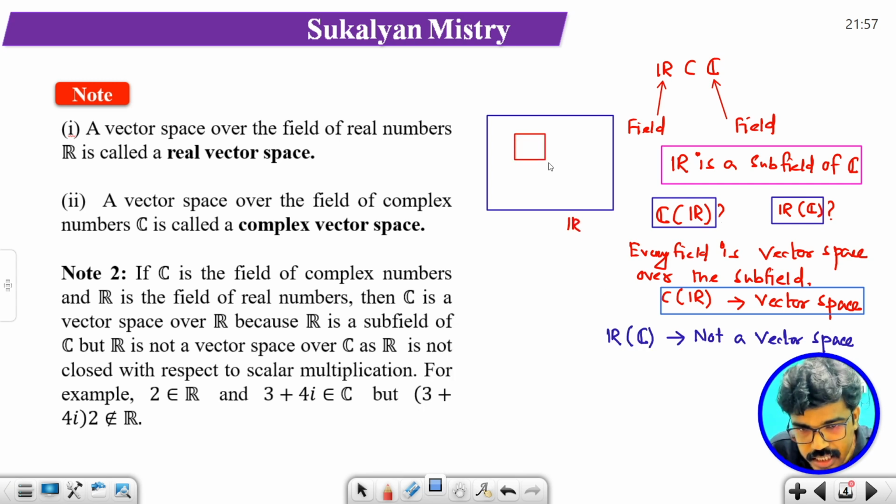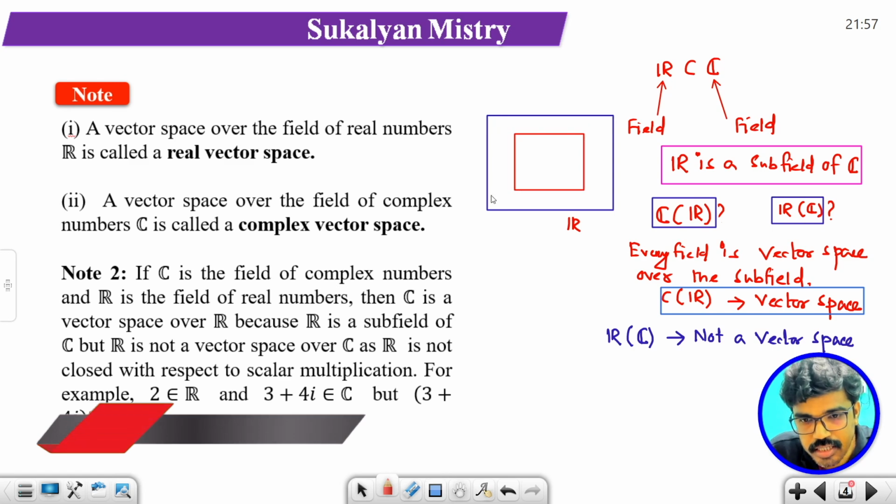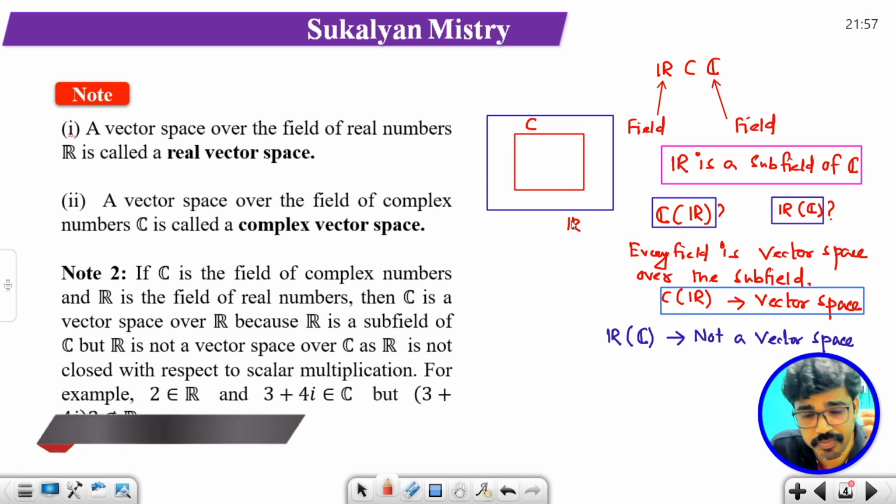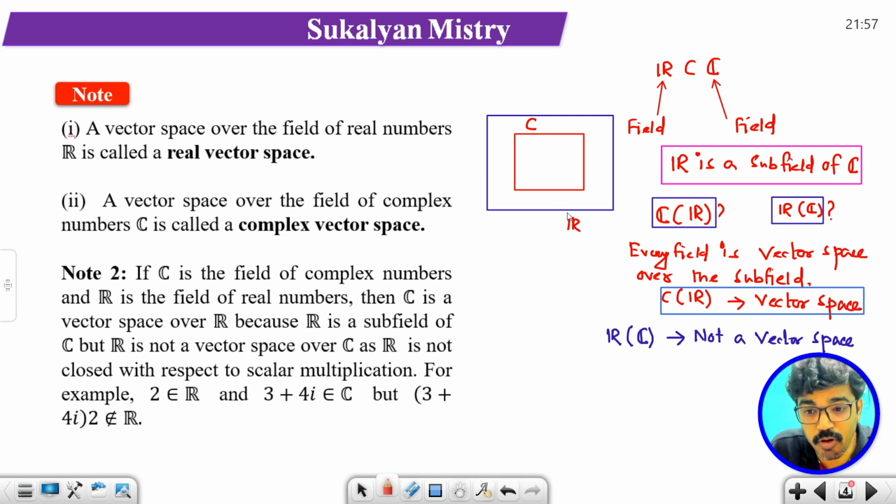And C is a non-empty set. Can we say C is a vector space over the field R? Obviously, because দেখো C over R এটা ভেক্টর স্পেস হবে,